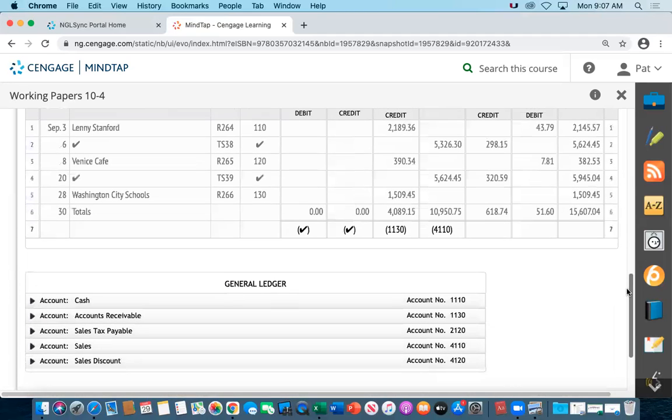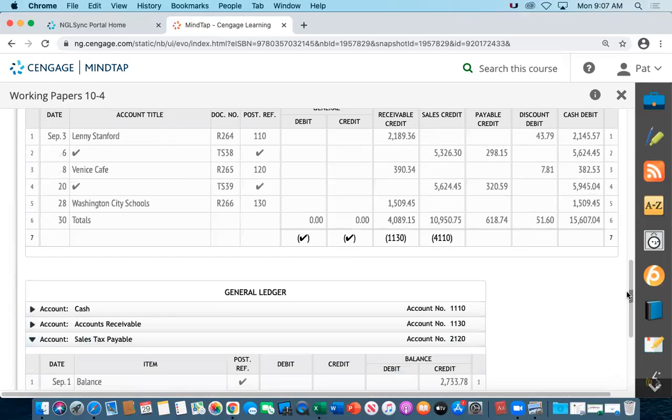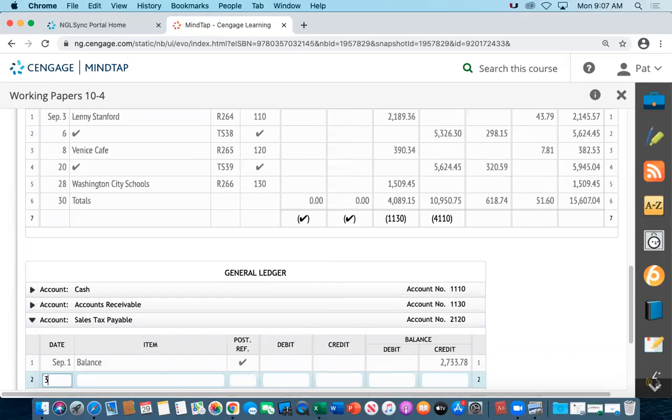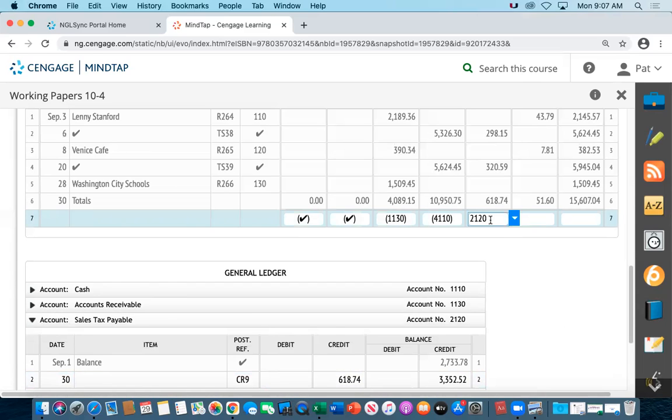The next column is sales tax payable credit. You have the 30th, CR9. You have a credit in sales tax for $618.74. You add the credits and you get $3,352.52. And then you put the last step in posting up top,